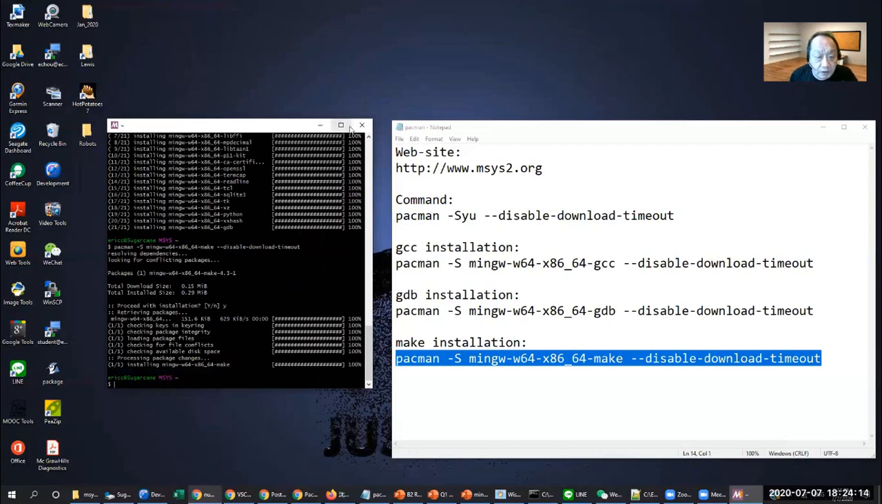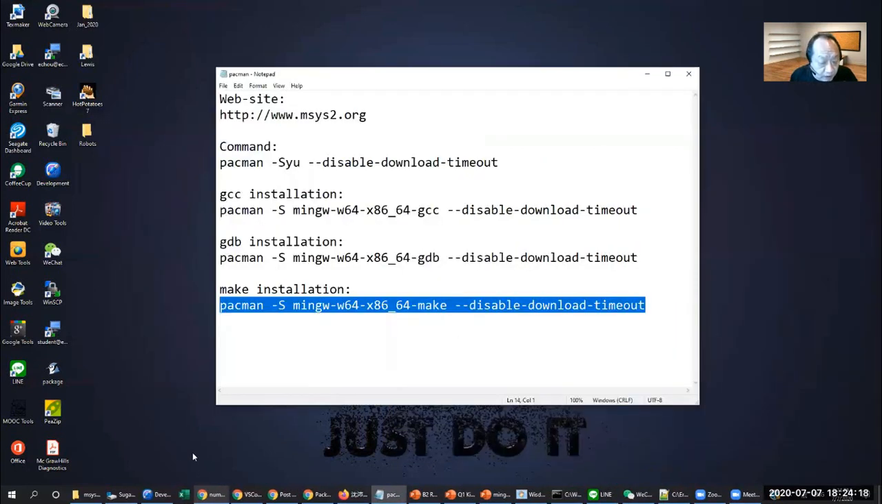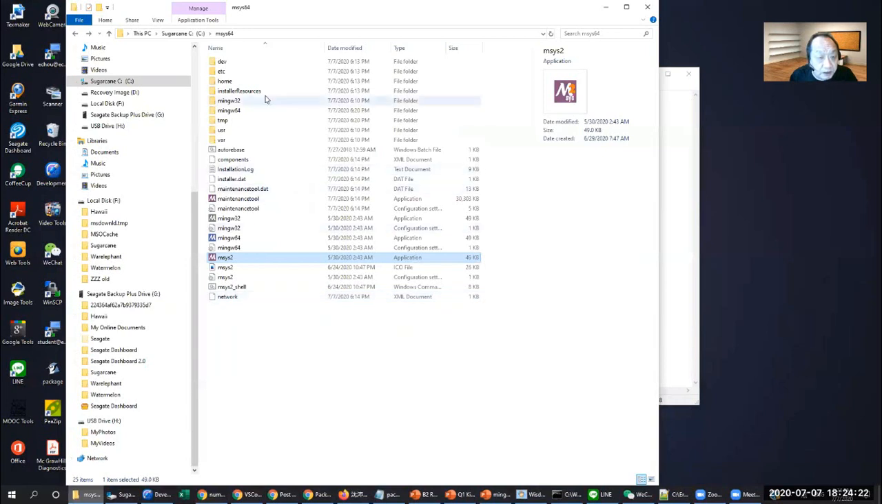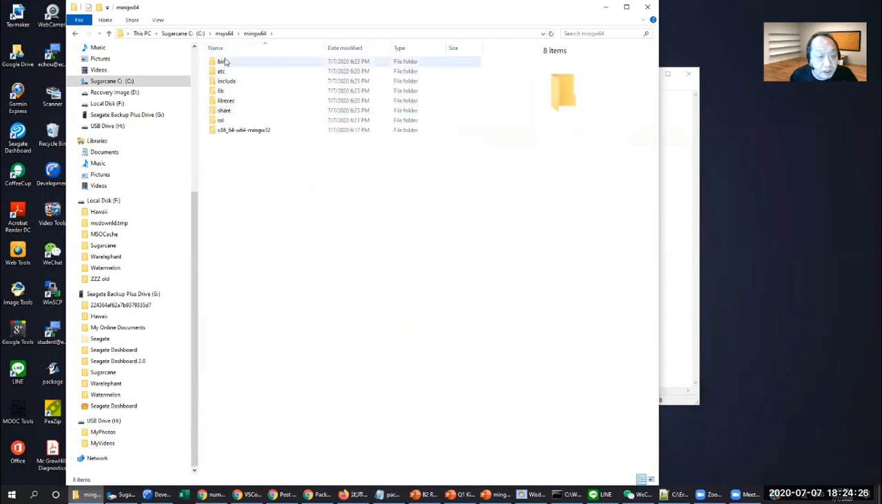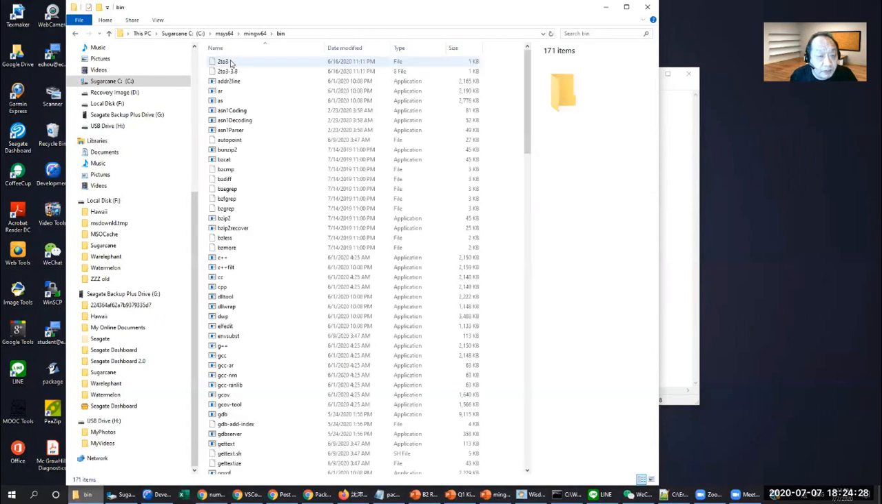So let's actually finish this one up. Okay, we finished with these 3. Now the next thing is that I need to add the path to the system. So what I want to do is click this one, MinGW64, click bin, and then copy the address,